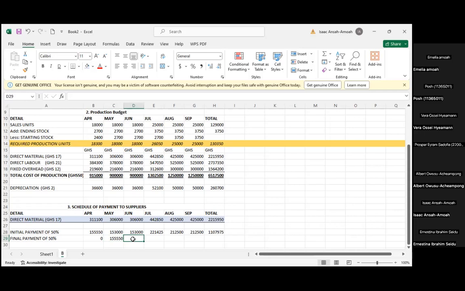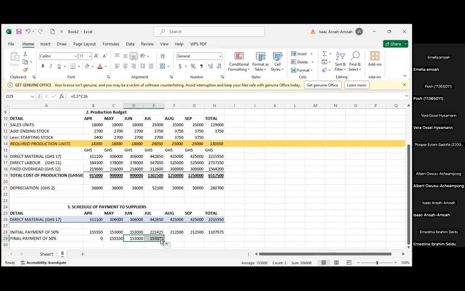So when we pick up on May's, the other half payment will be done in June. Right. So we're going to do 50% of this in June. I'm taking my time to do all this because in some instances it will change. The conversation will change a little, right? So the other half payment of this is paid in June. The other half payment of June will come in July,